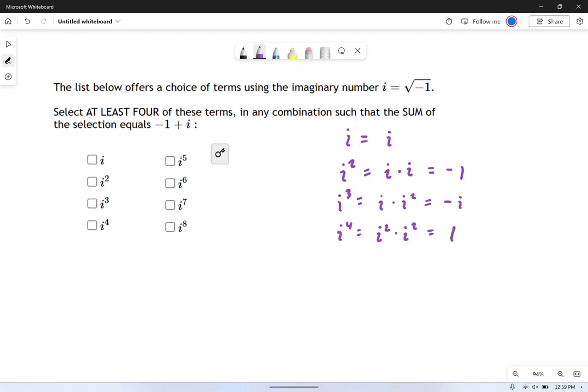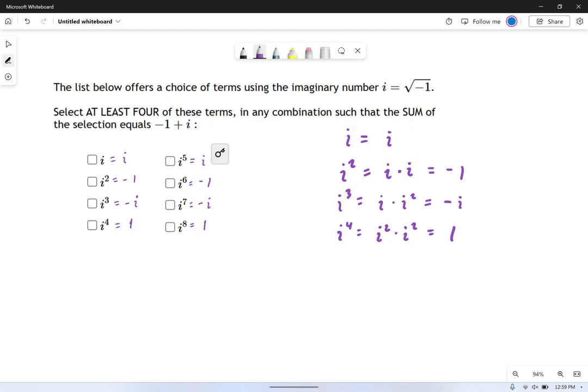So this right here gives you an idea of some of the properties of i that we can use in this problem. So I'm just going to write them down here. i equals i, i squared equals -1, i cubed equals -i, and i to the fourth equals 1. Well, if you were to follow that same exercise over here in this column, you would see that all of these things follow the exact same pattern, right? i to the fifth is just i times i to the fourth. i to the fourth is 1, so this becomes i. And likewise, -1, i, and 1 if you go through all the algebra.